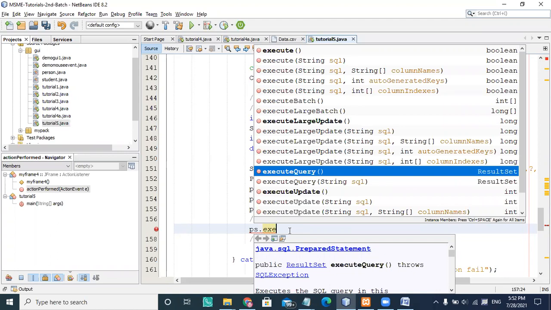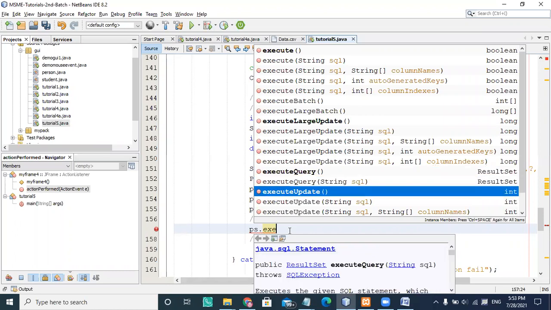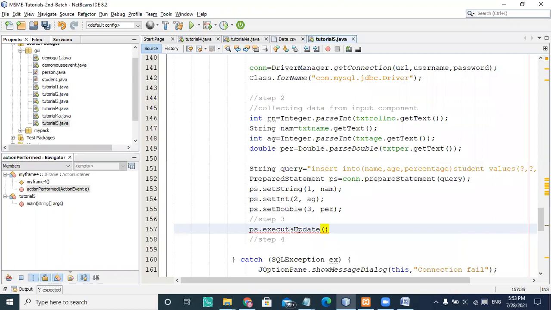We are not generating any kind of selection statement. We are only updating the data. So in that case, we don't need to execute the query which returns the result set. So I'm choosing execute update here, and it's going to update the entire part.